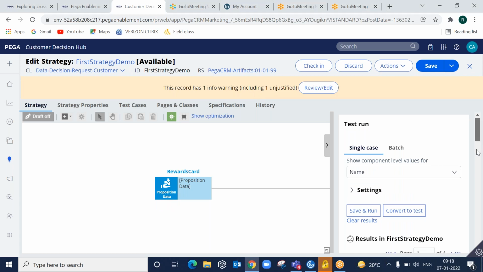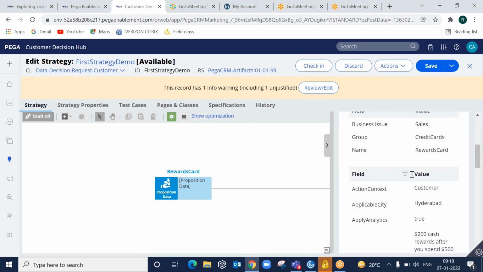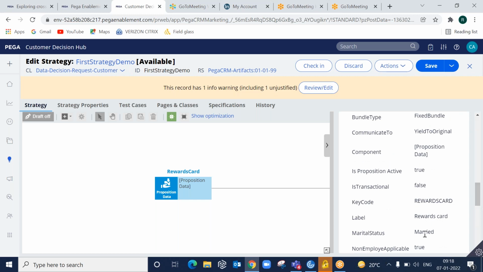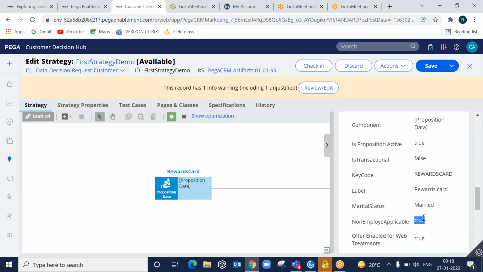Now scroll down and check whether the properties are coming or not. You can see here the applicable city, Hyderabad, it is coming, right? Similarly, the marital status, married, non-employee applicable, true.